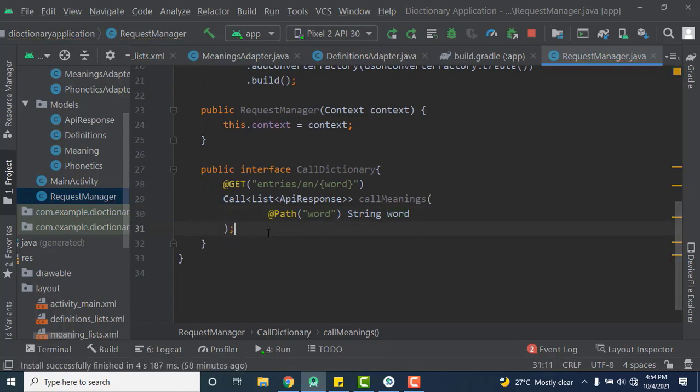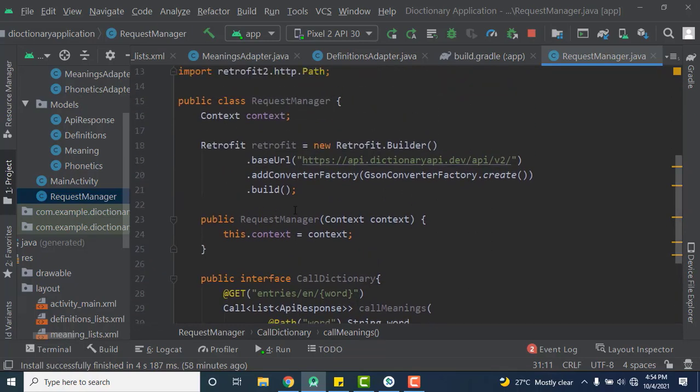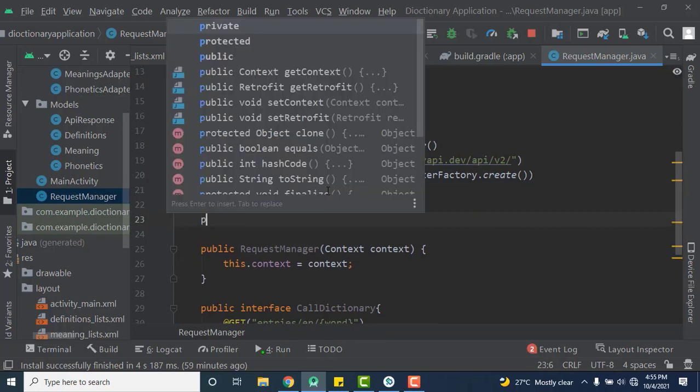So now the API interface is ready, so we need to use it now. For us to use this API interface, we're going to be creating another method for the API response. We are going to be creating another method to bring in the retrofit call and retrofit call enqueue. So we call this method